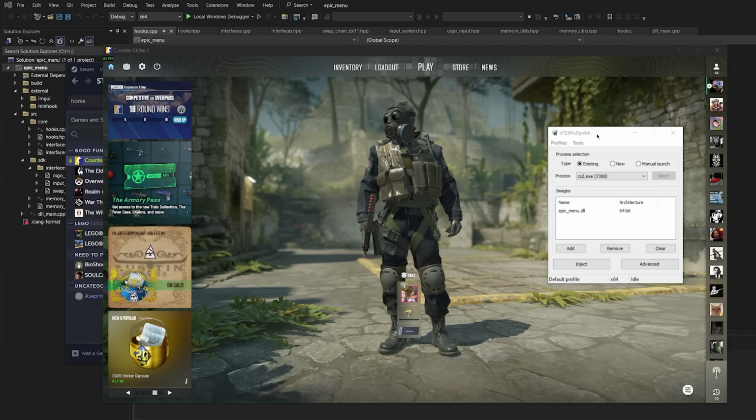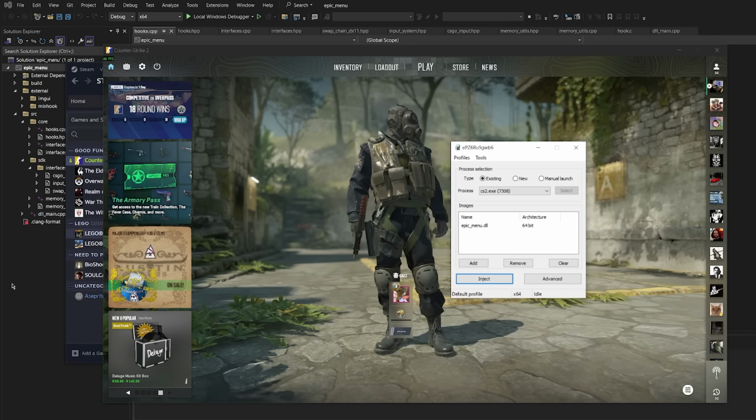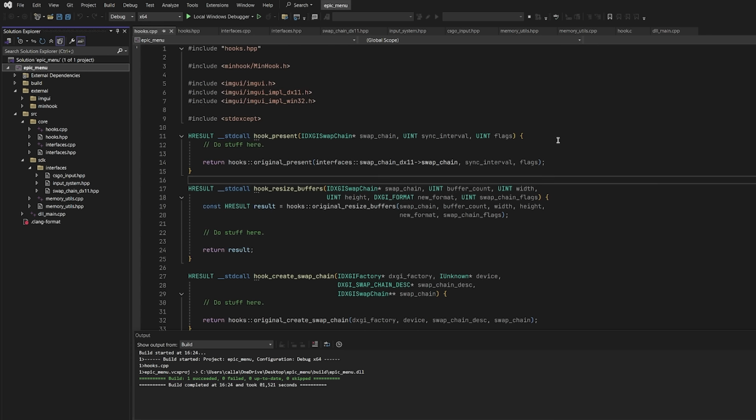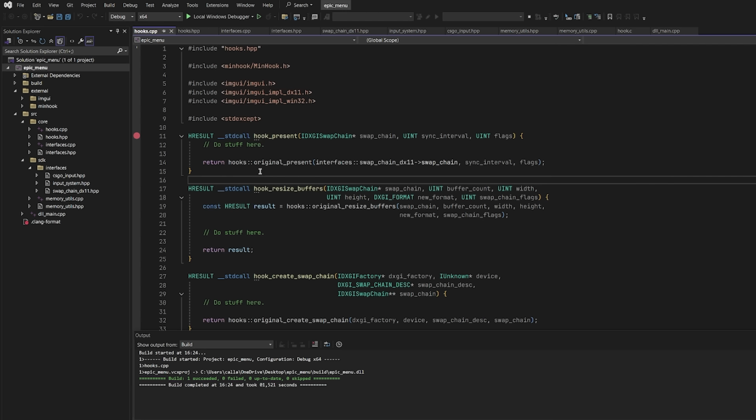Okay, so I've got my game launched and I've got Xenos over here ready to inject. But first I have to show you how debugging works. Make sure that you did build your game in debug mode like that, and come over here to the top and set a breakpoint right over here on the present hook. What this is going to do is freeze the game if this function ever gets called. And if it does get called, that is a very good thing, because that means the game is trying to call present, but instead it is calling our function,